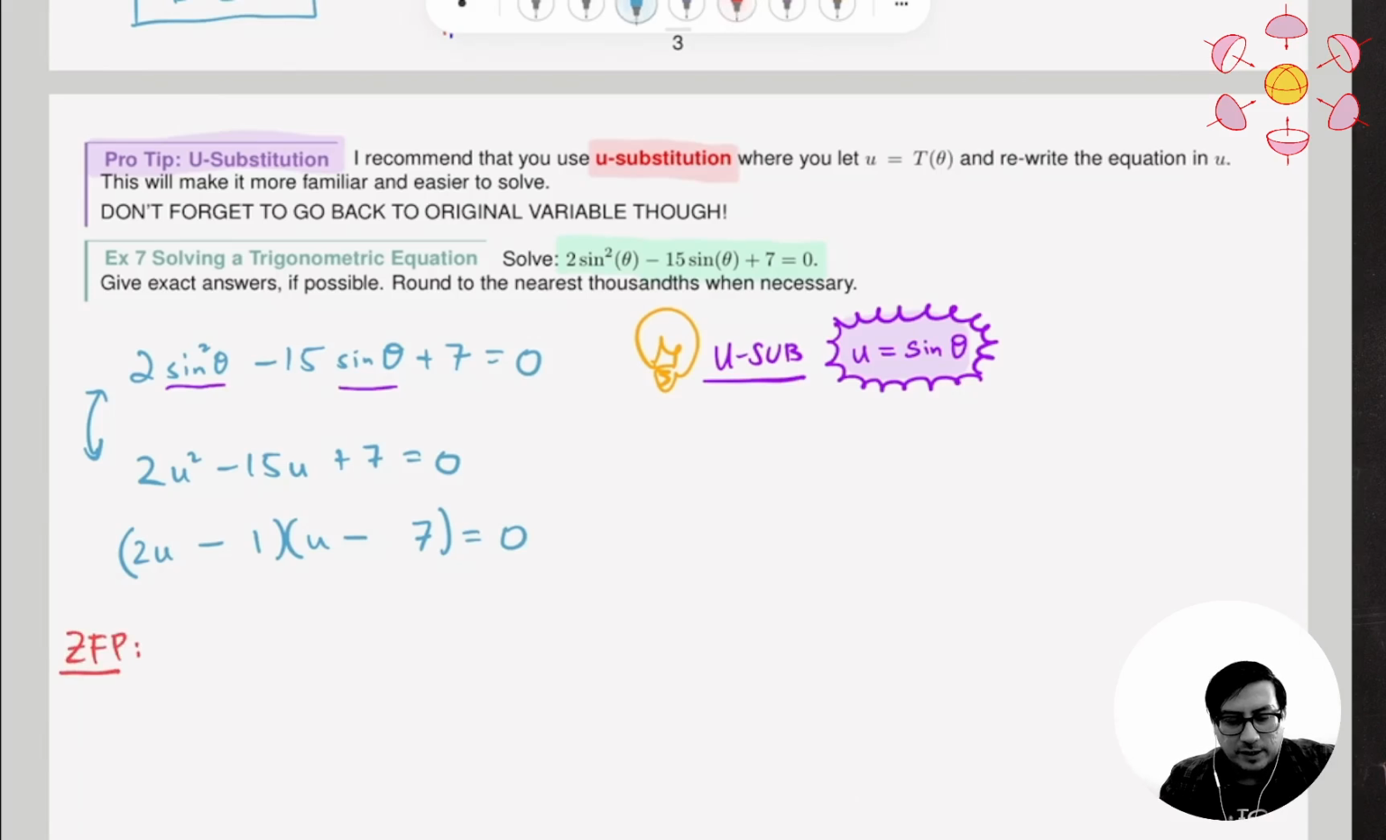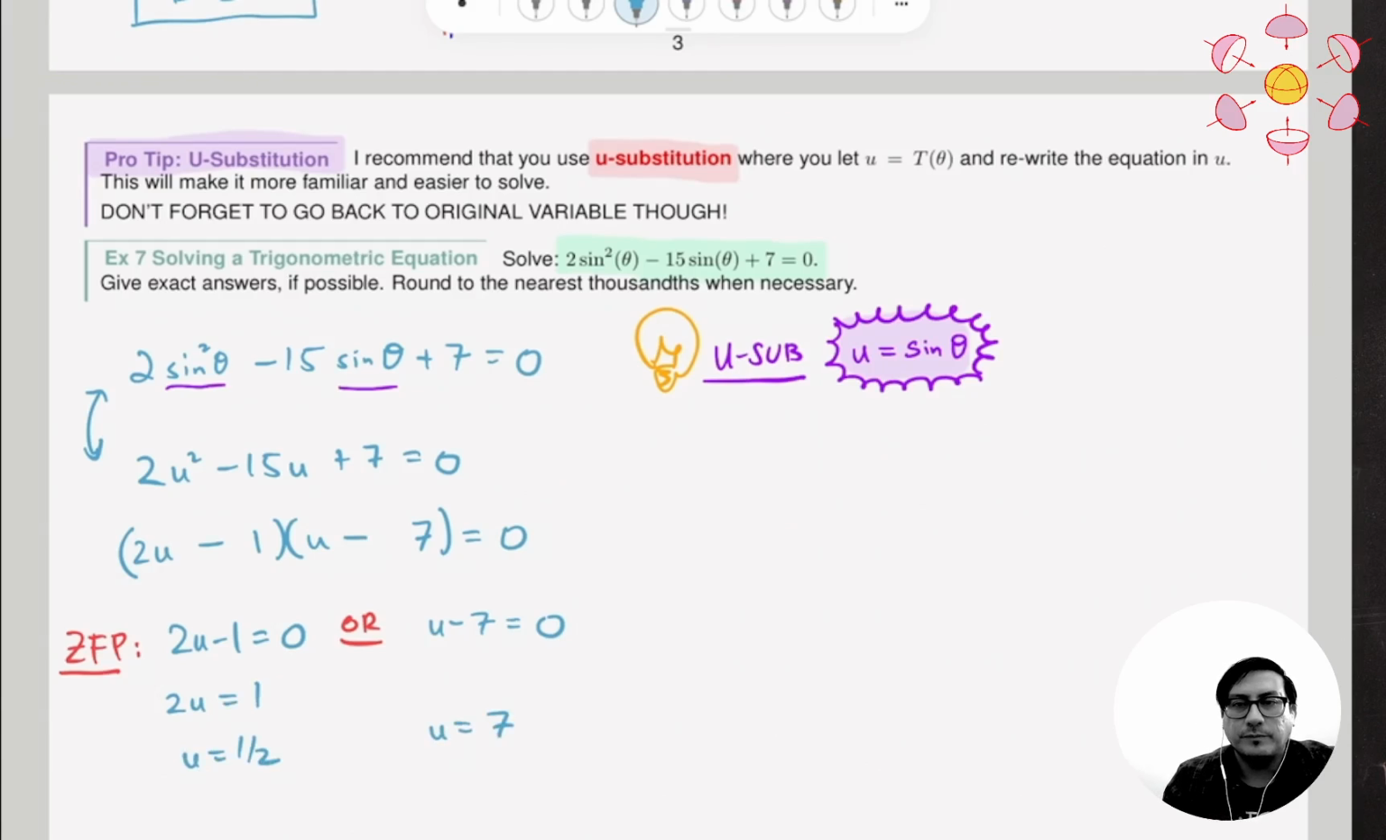So, this allows me to simplify it to two new equations. 2u minus 1 is equal to 0, or the other equation is u minus 7 is equal to 0. So let's solve these equations. 2u is equal to 1, u is equal to 1/2, and this one's even easier, u equals 7. Okay, great. We were able to solve the equation in terms of u. We now have two possibilities, but we got to go back